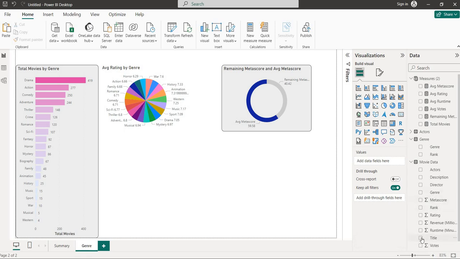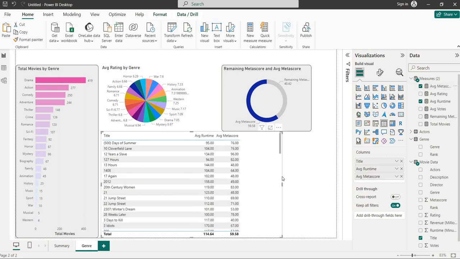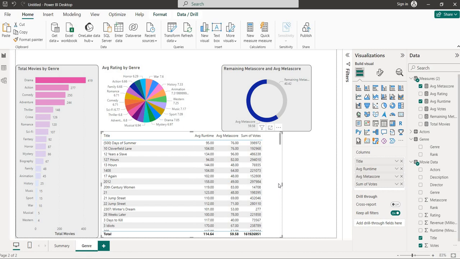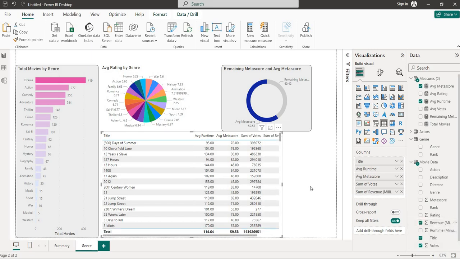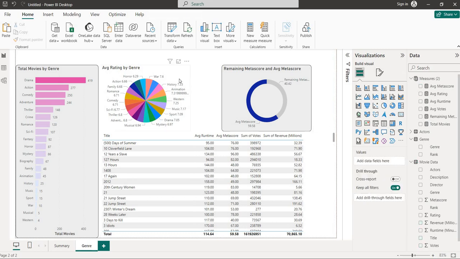So I will use the title of the movie, with the average runtime and average Metascore they have got, and total votes, not the average vote, total votes are good, and we can get the revenue, how much revenue they are going to get.